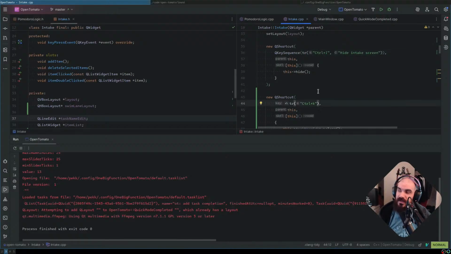But when we just have a quoted string, it doesn't know if it's a character pointer, or a standard string, or a QString. Maybe not standard string, but it definitely doesn't know if it's a C string or a QString, and that's why. So when we call TR on it, what's happening is TR returns a QString, which is implicitly